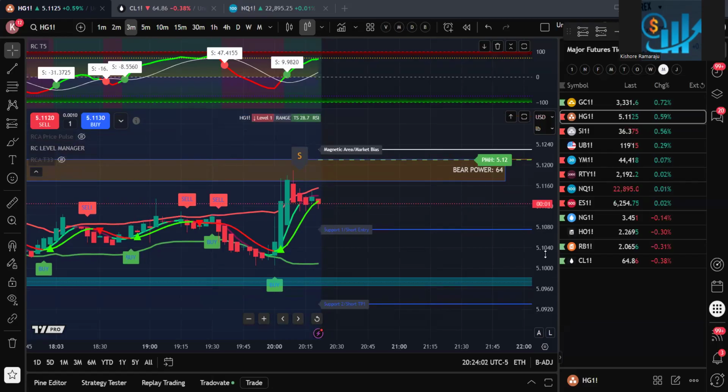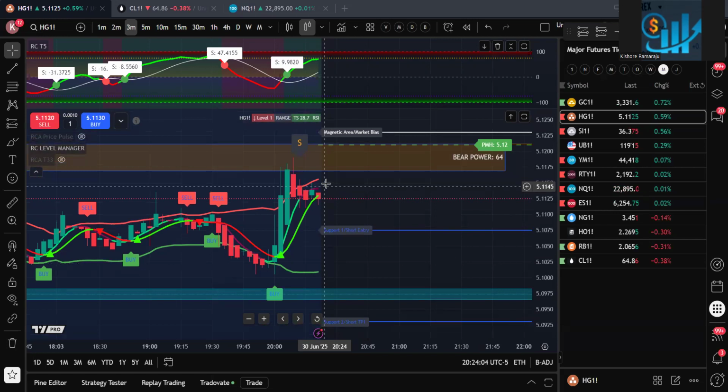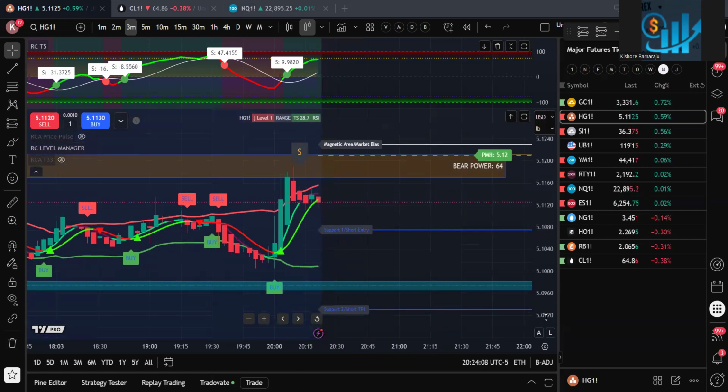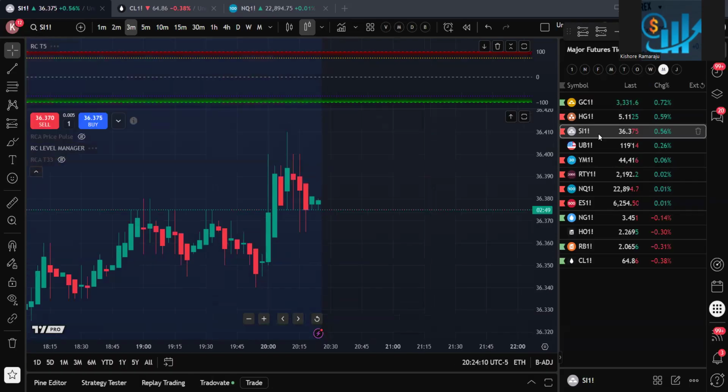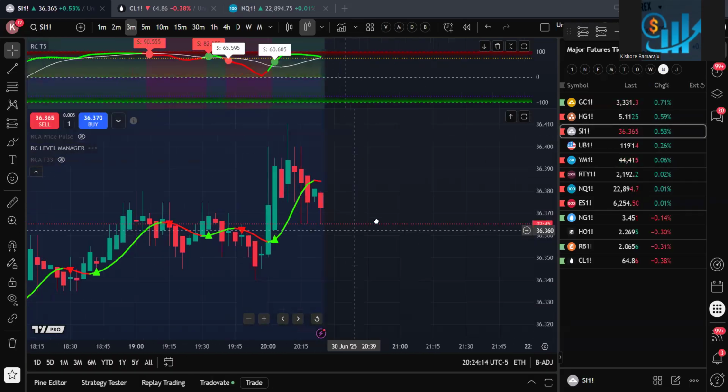If we get a sell, a scalp sell, we can take a shot. Silver is also